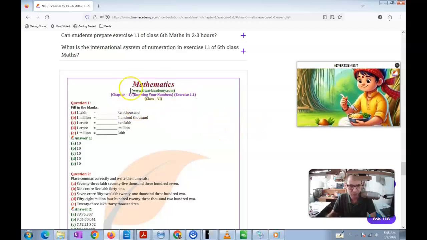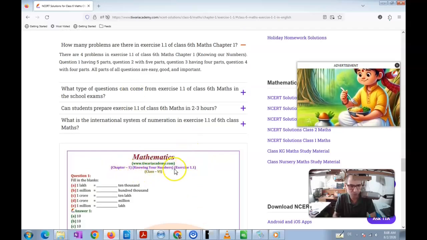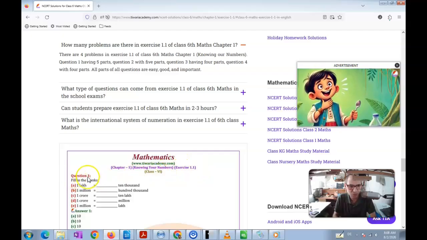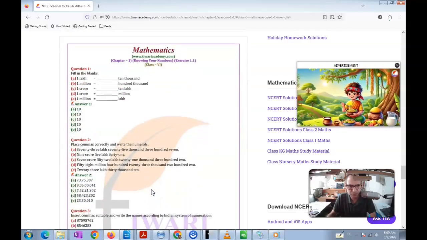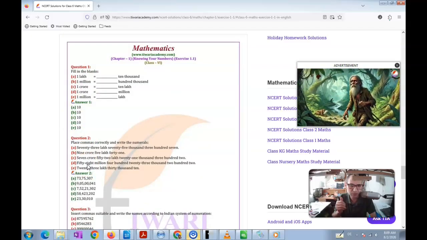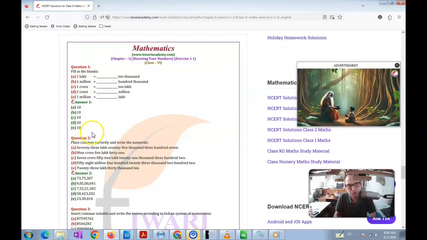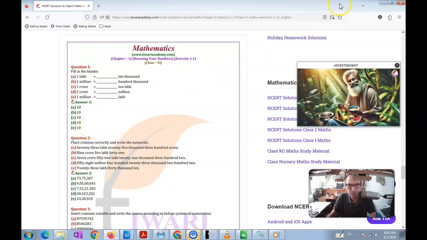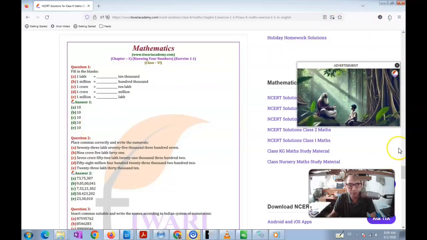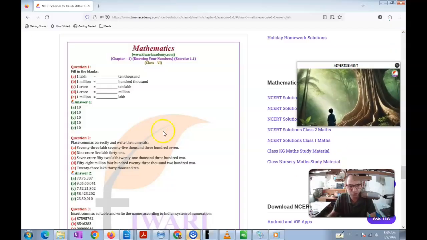It says mathematics, www.tiwariacademy.com, chapter 1, knowing your numbers, exercise 1.1, class 6, and then the question, and then over here we have the answer. So you have to find some way: either you can read the solutions on this web page, or, because it's a rather long page, probably 50 pages or so in this document,